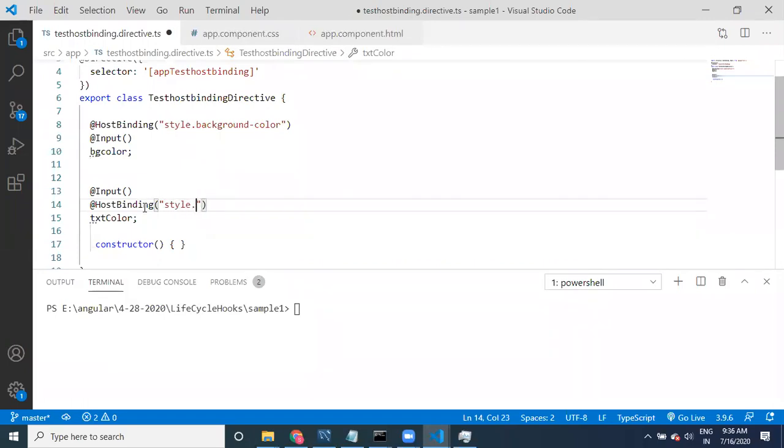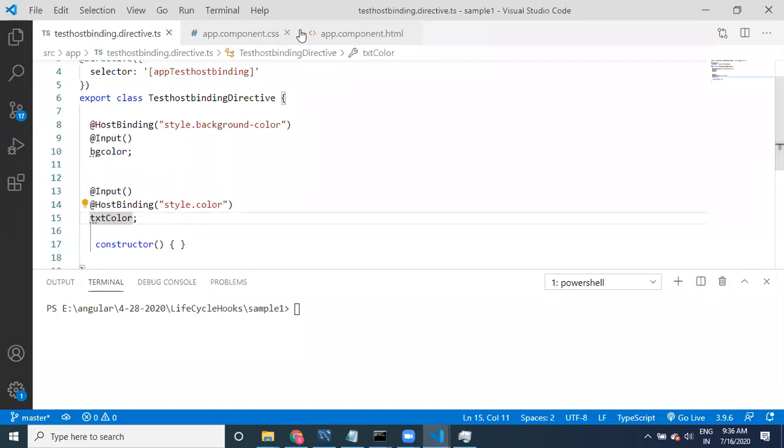It is style dot color. If I say style dot color, this color is related to text color. You can refer to Google for all styles. Then style dot color is going to be applied to this property.